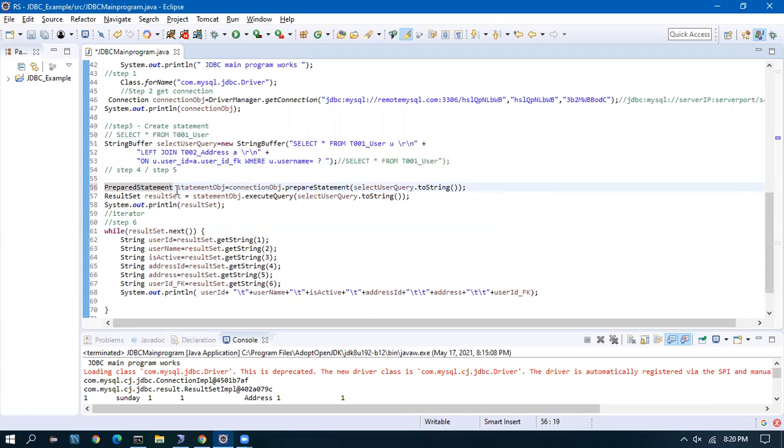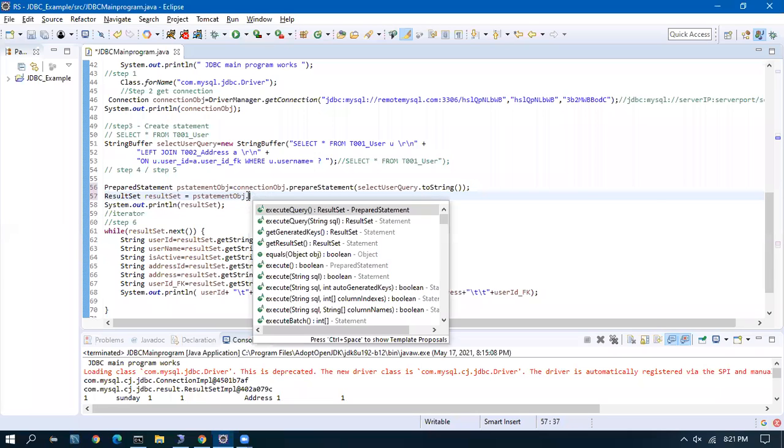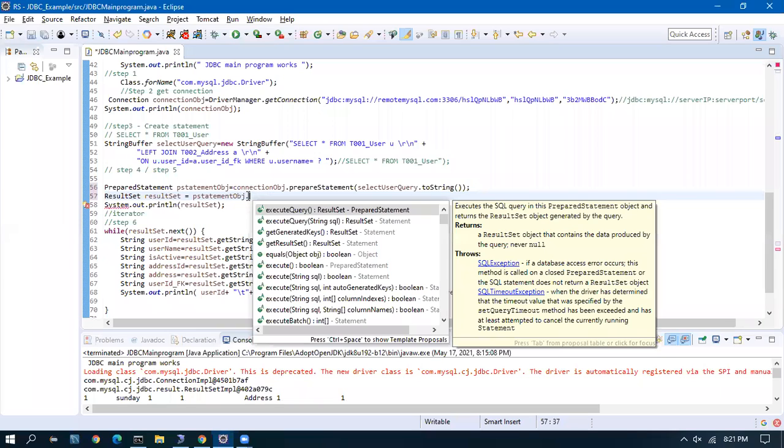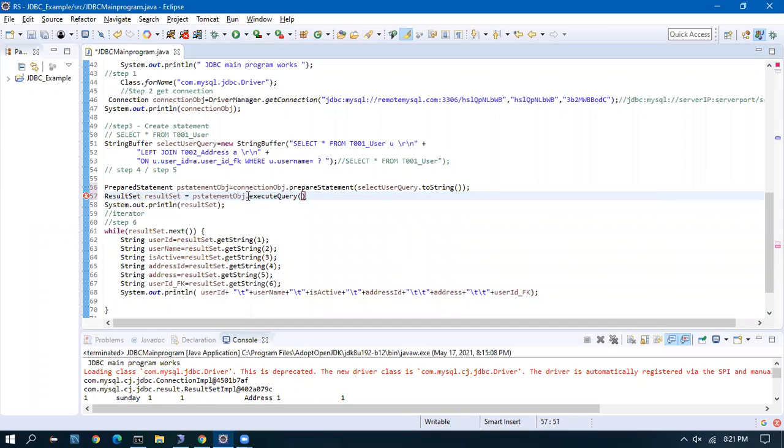Now P statement dot, not execute, P statement dot execute query. Let us see, it should throw an error.